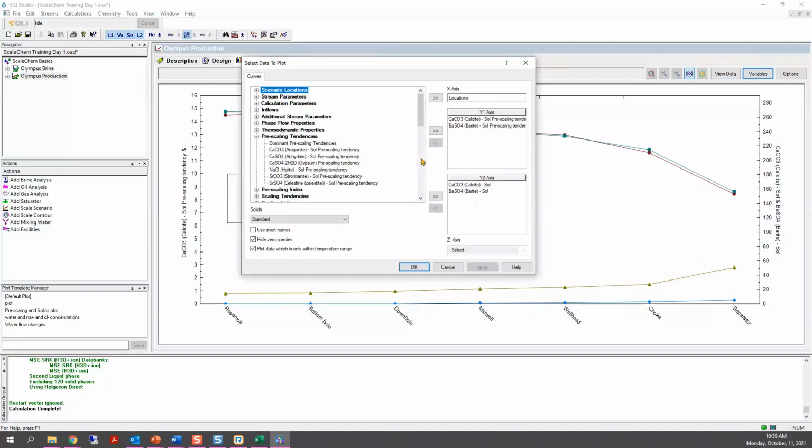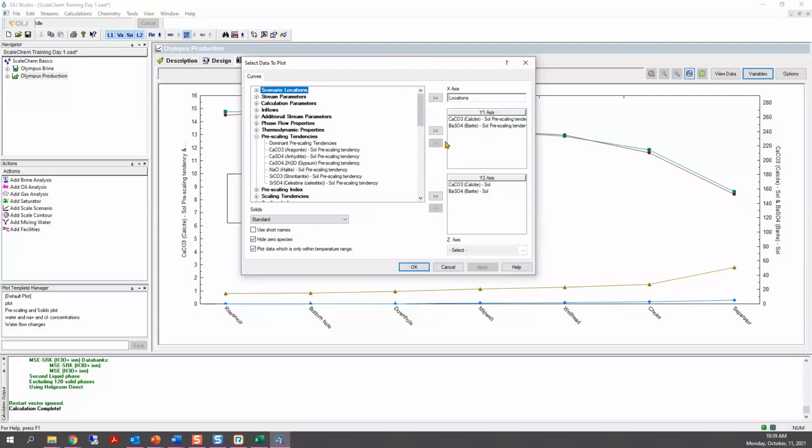Pre-scaling tendencies. Pre-scaling index I was in then on. Sorry. You may have here dominant pre-scale tendency, so just double click on it to delete it. And then into Y2 axis. How do you get this Y2 axis? Oh, it comes there by default. So what you need to do is to use the buttons down here to put those variables in the Y2 axis. The double clicking works only for the Y1 axis, but for the Y2 axis it doesn't. So you need to use these buttons down here.